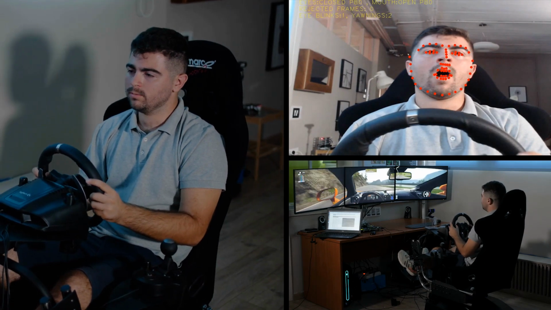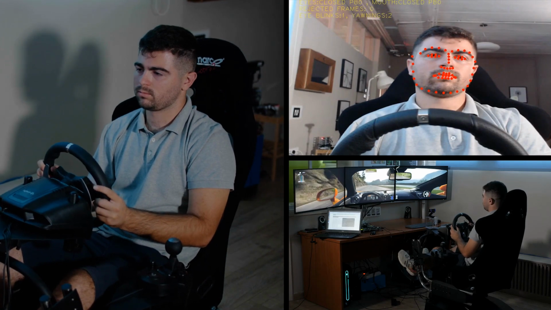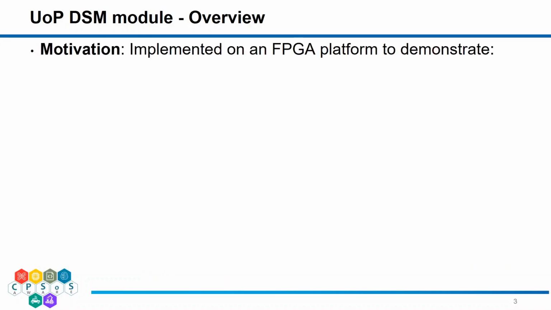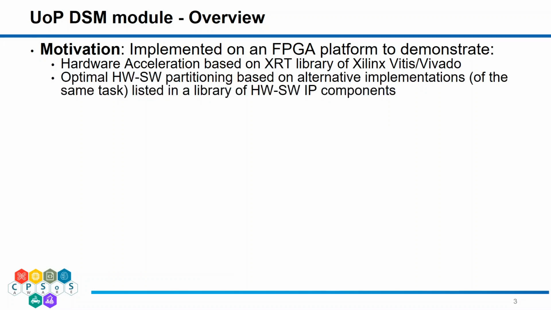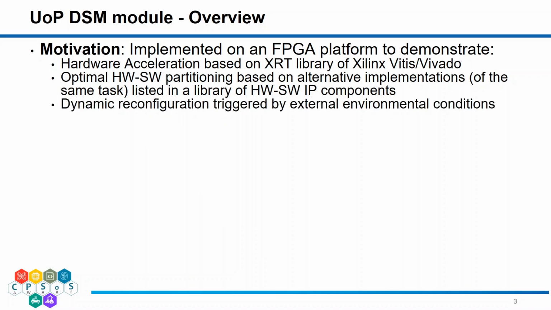The motivation for the implementation of the FPGA DSM module is to demonstrate hardware acceleration based on the XRT library, the optimal hardware-software partitioning based on alternative implementations of the same task listed in the library of hardware-software components, and the dynamic reconfiguration of the hardware-software components that is triggered by external environmental conditions, for example, driver gender or lighting